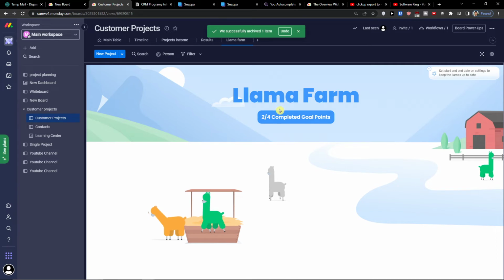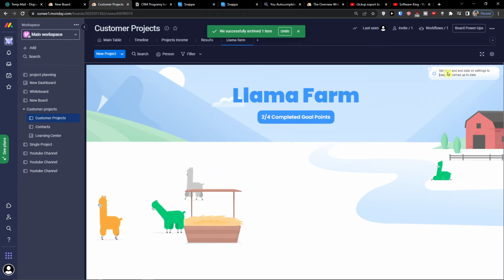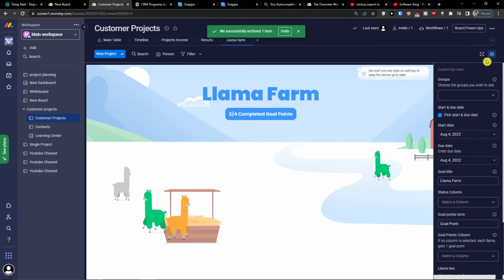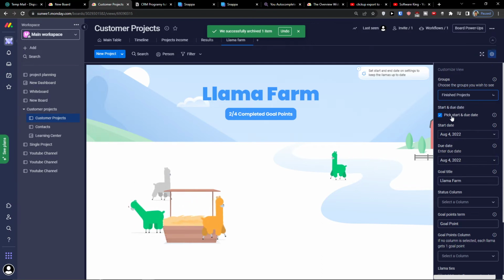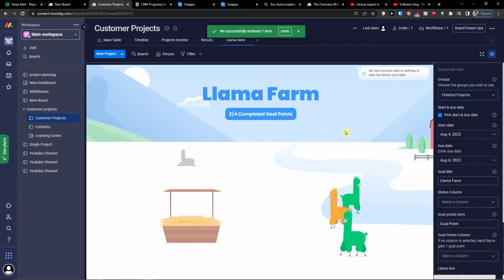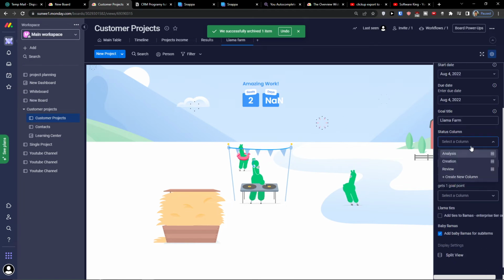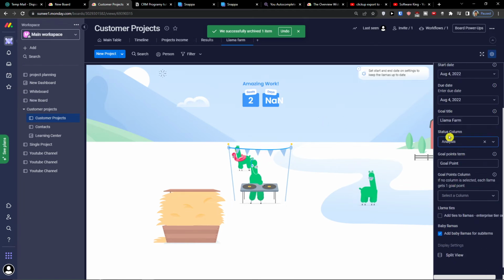See, and you're always gonna see: set start and end date on settings to keep the llamas up to date. So as you can see on the right top side, you can have finished projects or active projects. So you can have finished projects here, and video production, these are already finished, and start date, due date, goal title, status, I can have like analysis,